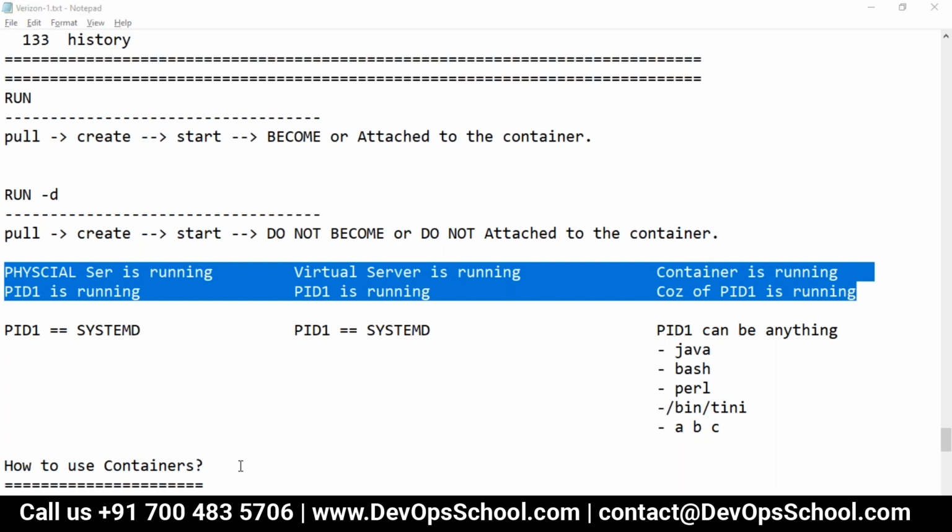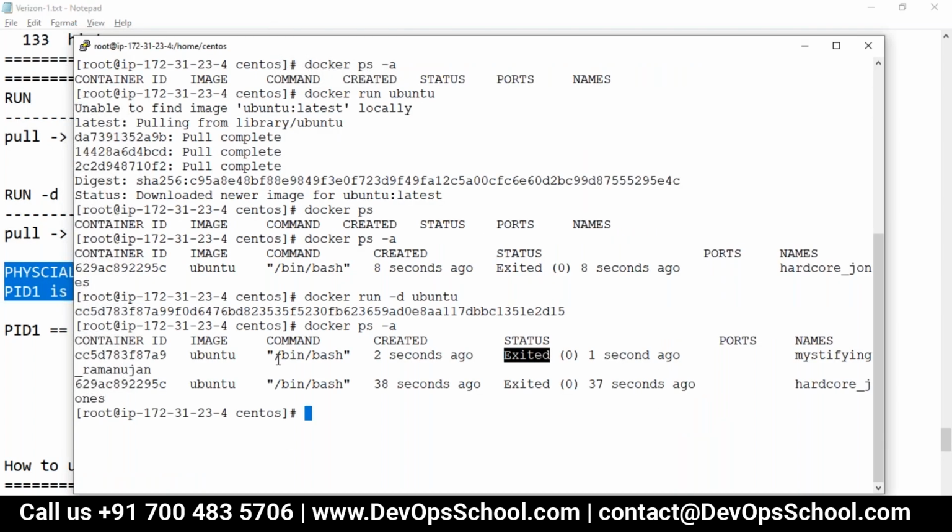Because PID is what is not running. What is happening? Bin bash is not running in a daemon mode. Or sometimes you say, hey boss, run in the background, man. Why are you running manually? Run in the background. Something like that you say all the time. Run in the daemon mode. Run as a service. You don't have to run it manually every time. Something like that, but it's not exactly the same thing.